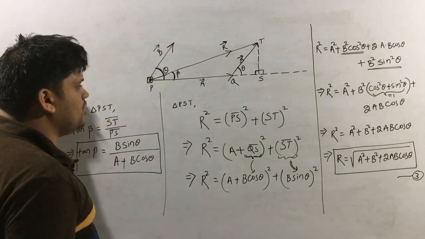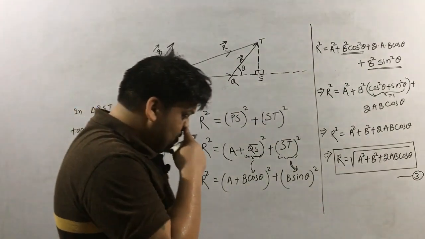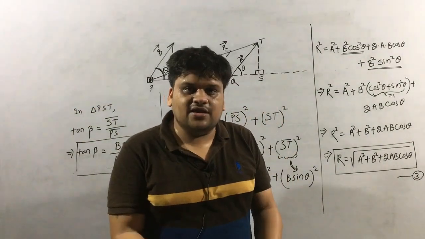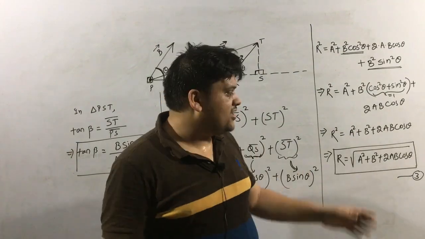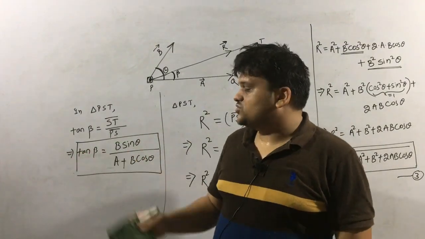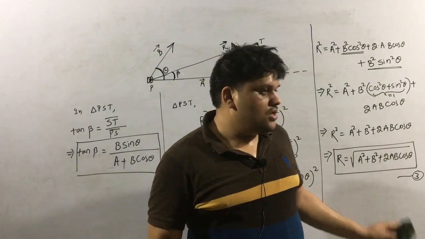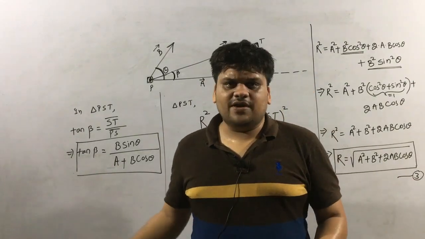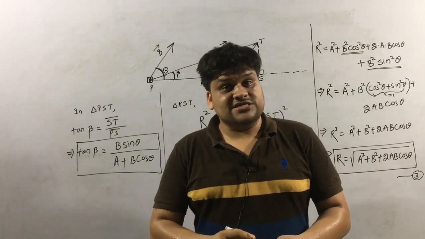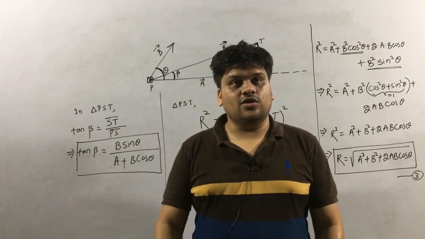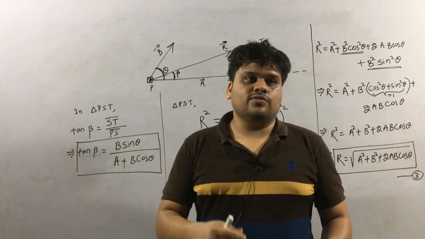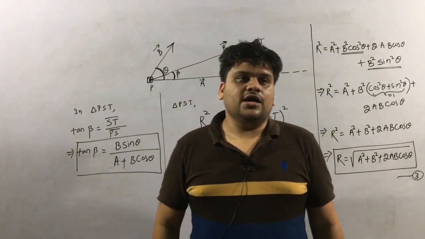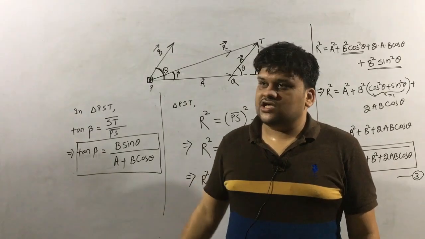So this is the triangle law we have defined. We have explained the definition in terms of the graphical method, and we have derived the formulas to find the magnitude and direction of the resultant vector. It is not over yet. The derivation part is over, but there are many special cases. There are many notes we have to take, which will be very useful for 1 or 2 mark questions or for numericals, and there are many more concepts in this triangle law.